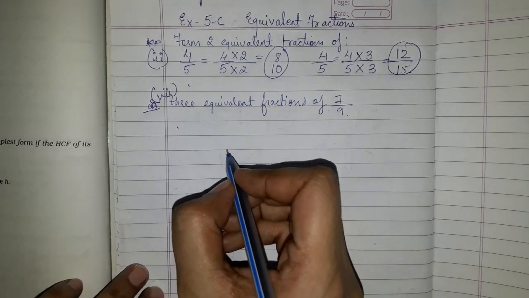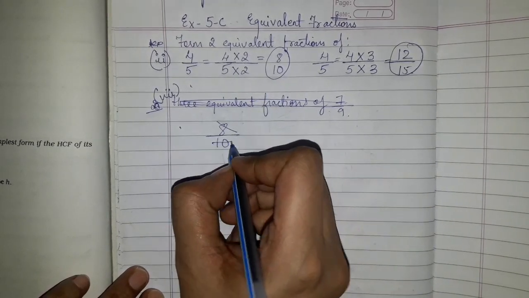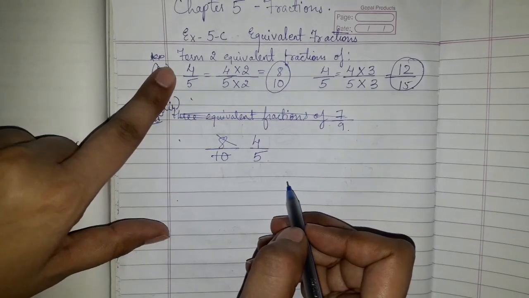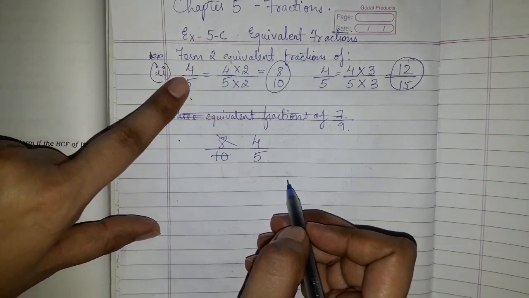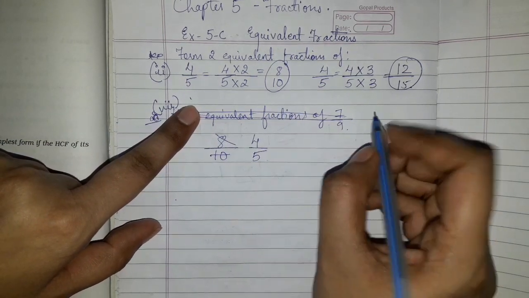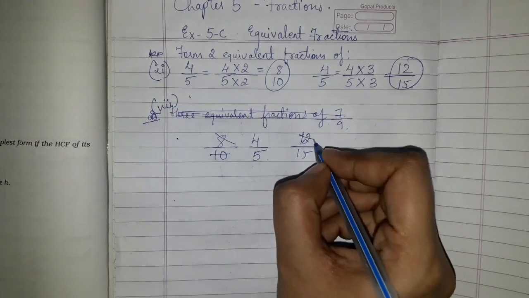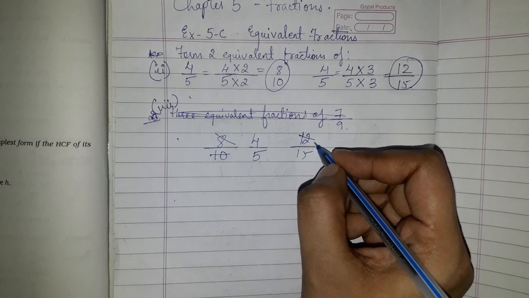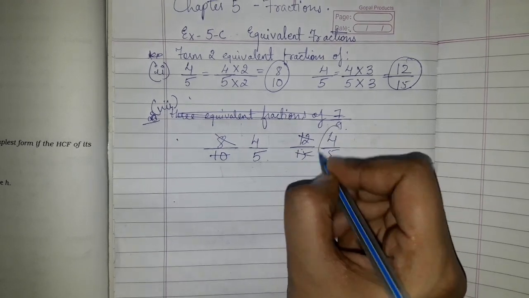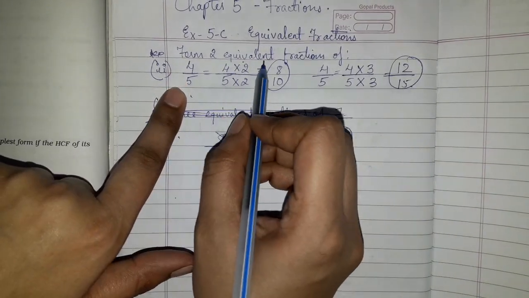Now, why are they called equivalent fractions? If you reduce this fraction, you will get the question back. So this is why it is termed an equivalent fraction. Same way, 12 upon 15, if you reduce it to the lowest value, both the numbers go in the table of 3. This goes 4 times and this goes 5 times. So what's the answer? 4 upon 5, same as the question. So that's why it is called an equivalent fraction.